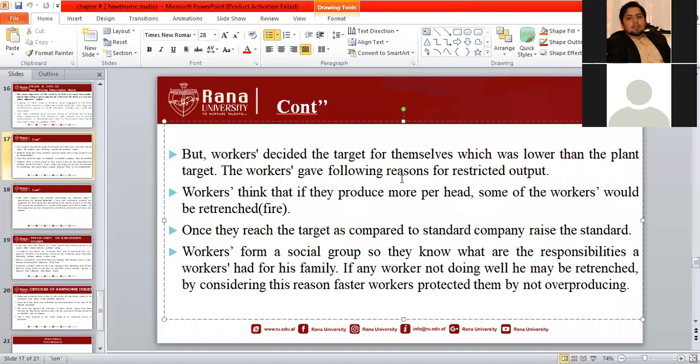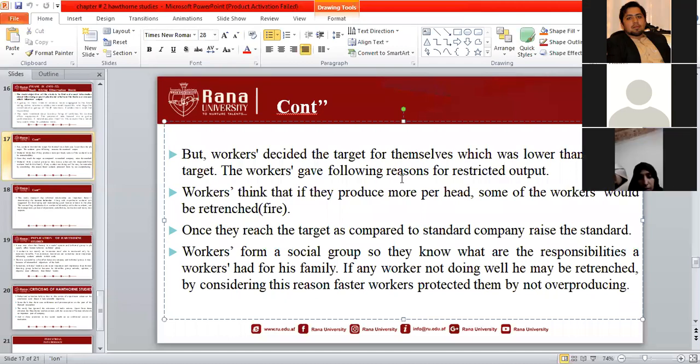Okay, now listen. Now see, in the fourth phase, the researchers are trying to know whether the employees are working together or helping each other if the organization puts any